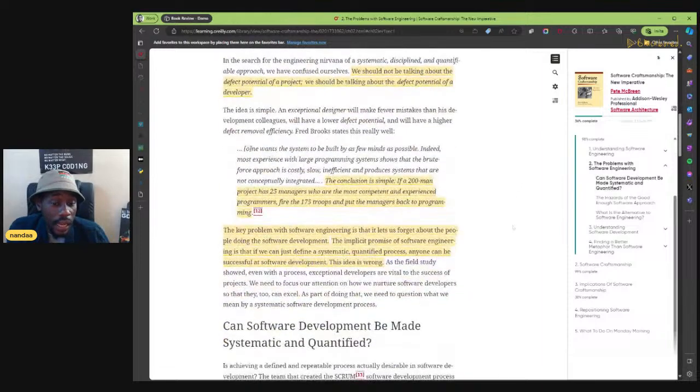And then the conclusion is simple. This is a quote actually from one of the other books, I think Fred Brooks, The Mythical Man-Month, you can go look at that book. I'll also link it somewhere in this description. The conclusion is simple: if a 2,000-man project has 25 managers who are the most competent and experienced programmers,